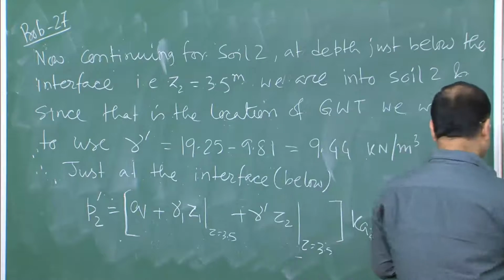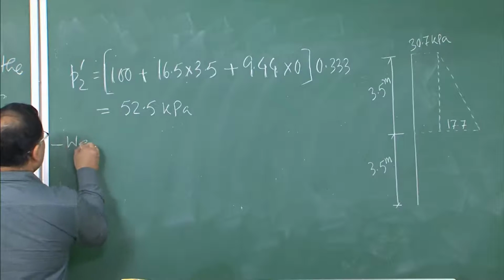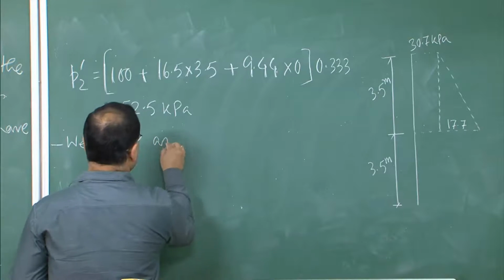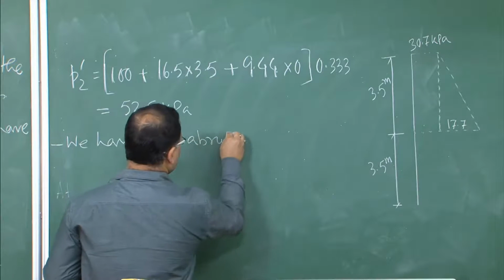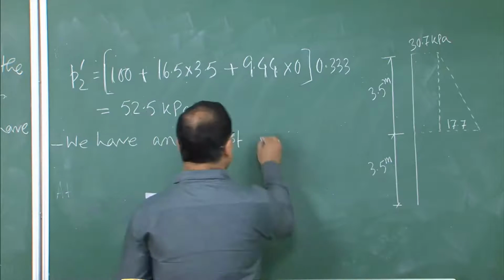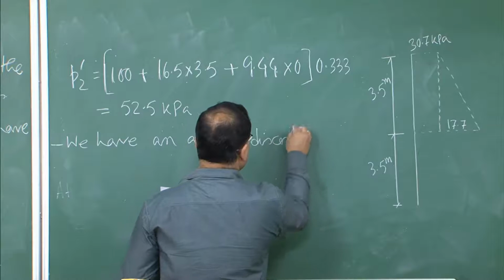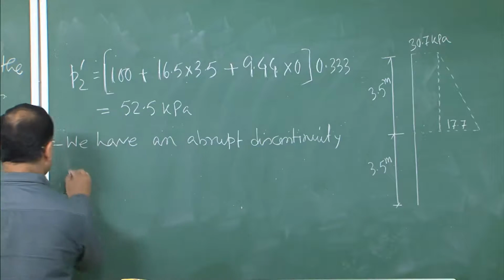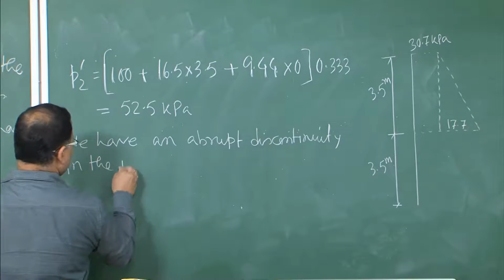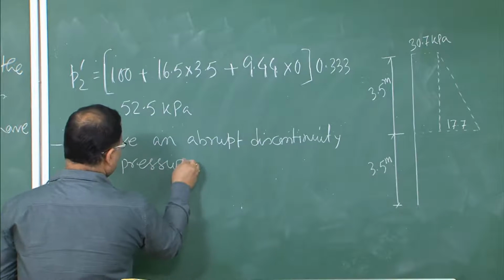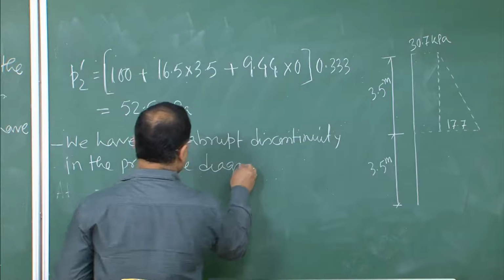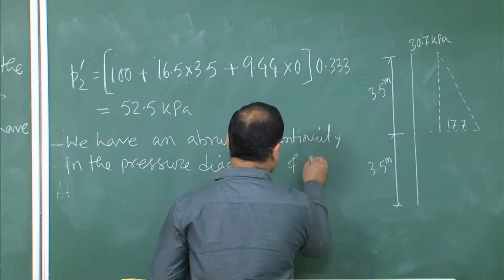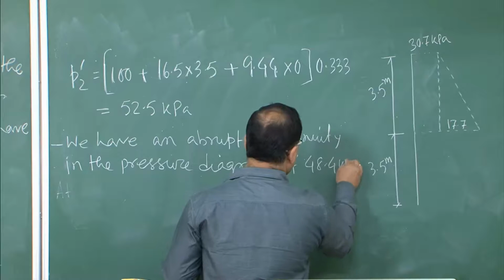So we can write down that we have an abrupt discontinuity in the pressure diagram of 48.4 kPa,